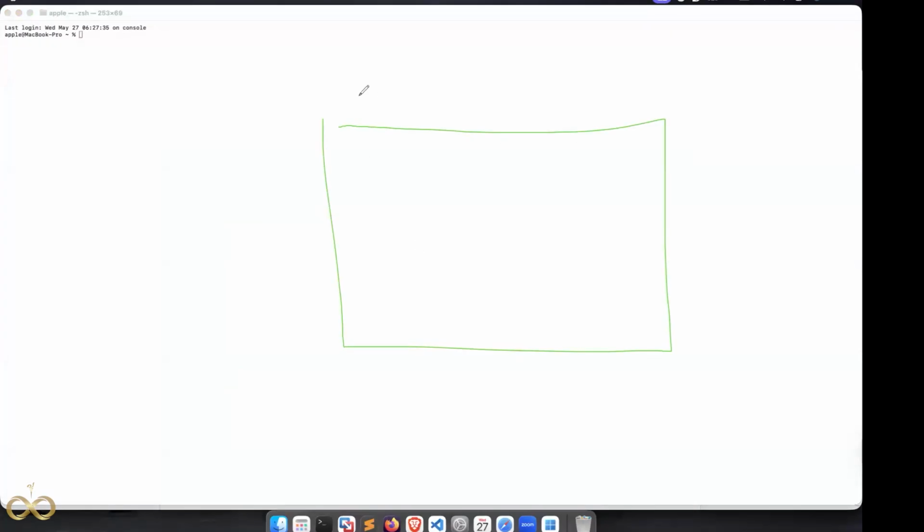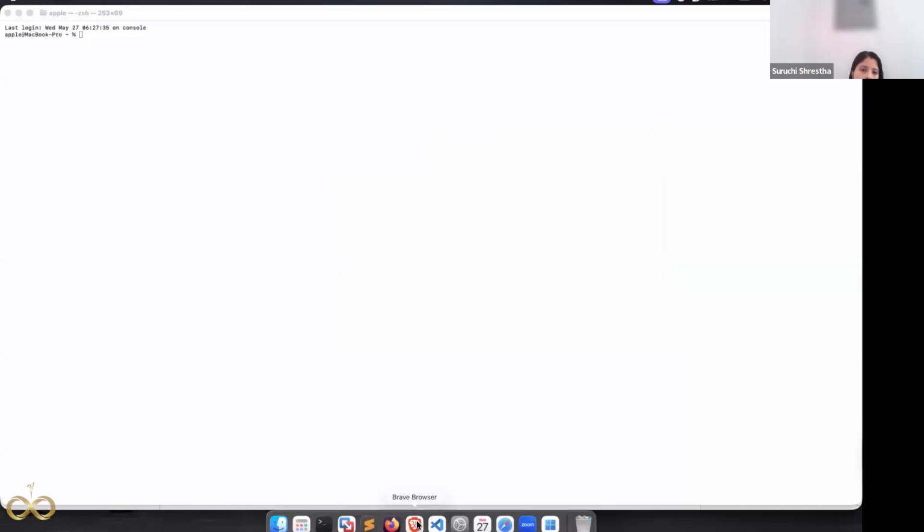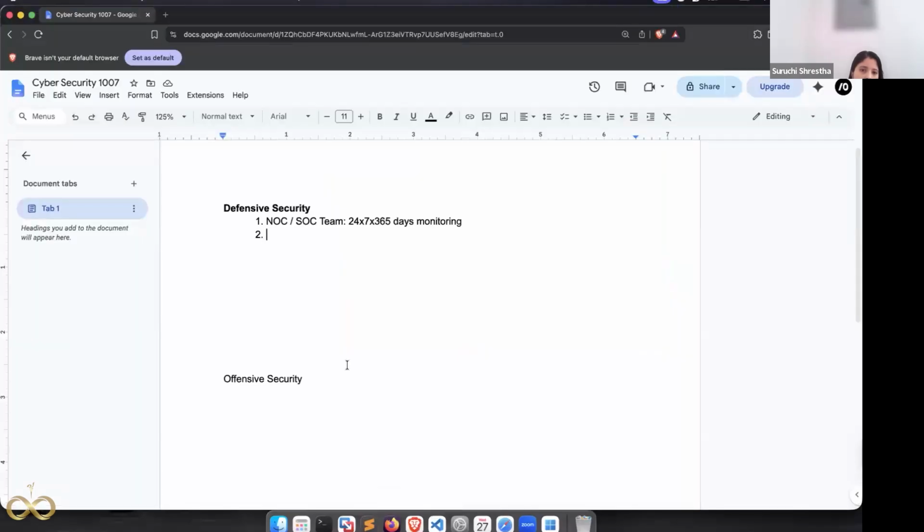Now let's say the watchmen are not capable of handling this large number of people with that many weapons. So what step do you think these watchmen are going to take? Any idea, or you can just give a random guess? That's okay, you can be wrong. Additional members or external members in the team? Okay, great. You mean they might call the cops as well, right? Or the additional resources.